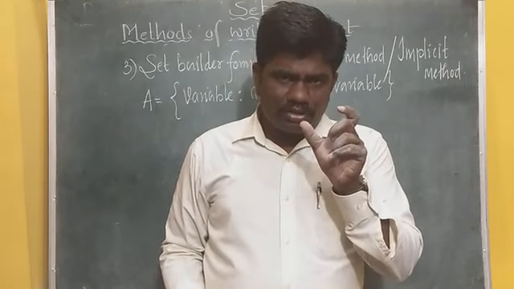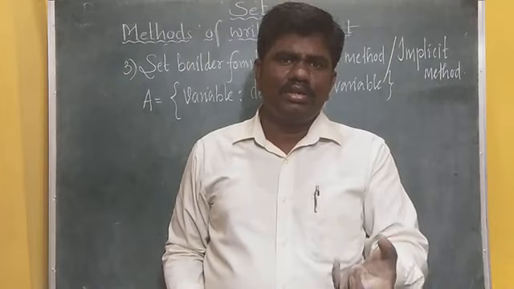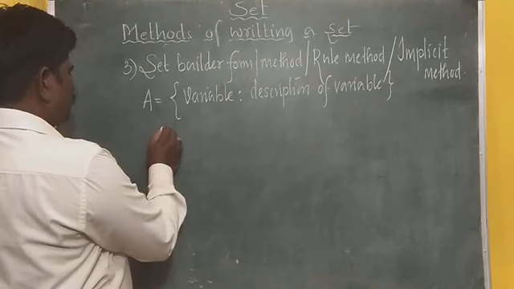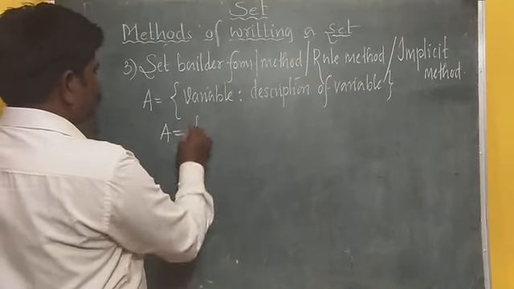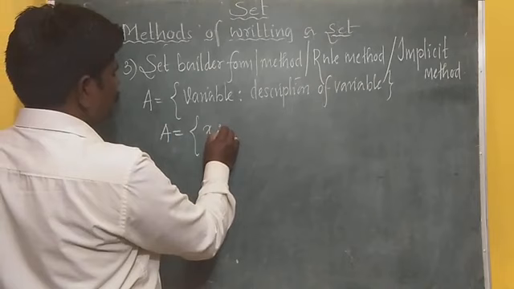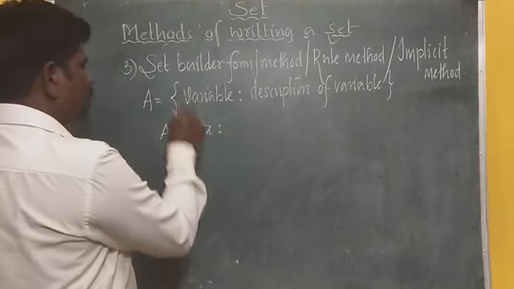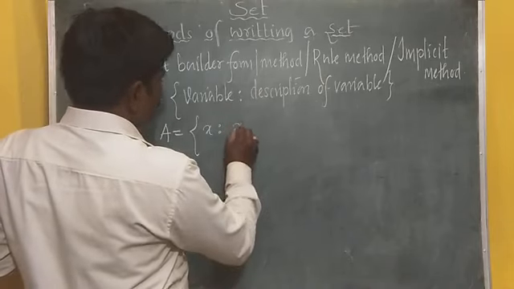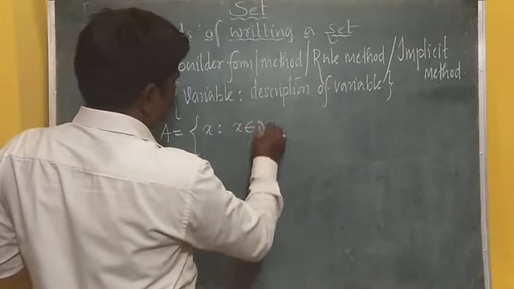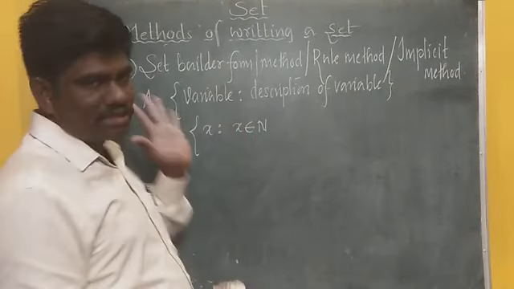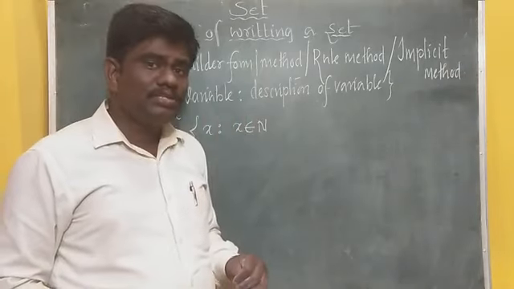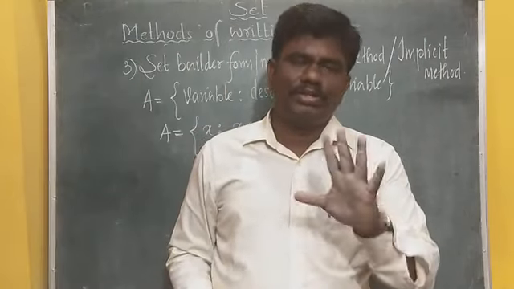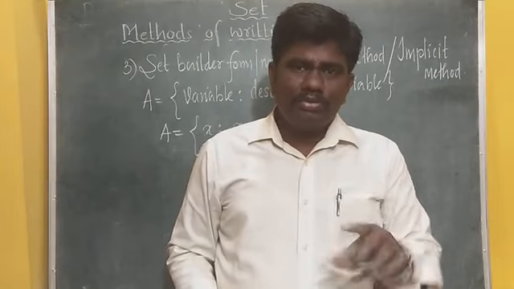So regarding that variable, what all you can say, you have to write it on the right hand side. For example, if I want to take a set A = {x : }, x separated by a colon. Now I have to say what this x is saying. First of all, I can say x is a natural number. I'm straightforward, I'm saying x is a natural number. If x is a natural number, how many natural numbers you want the reader to write depends upon you now. You have to put the second condition.